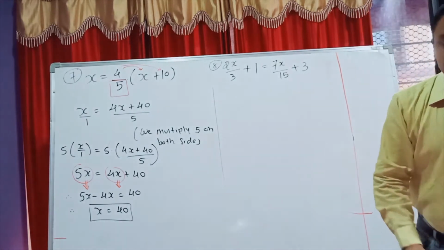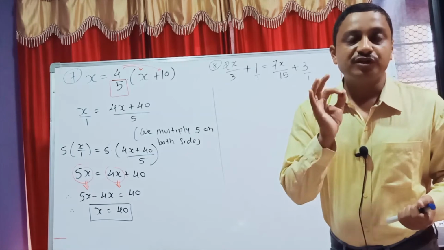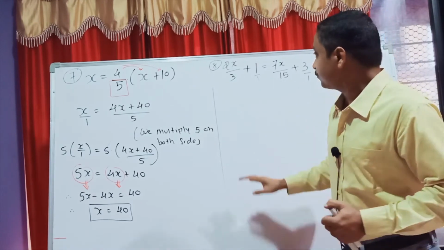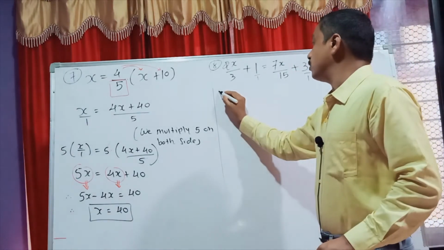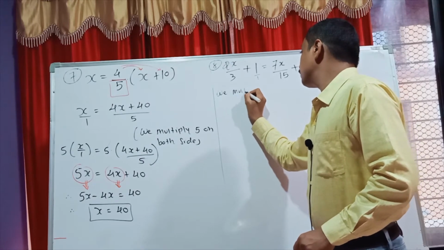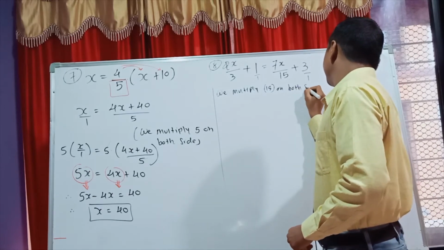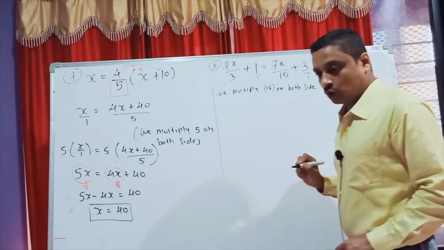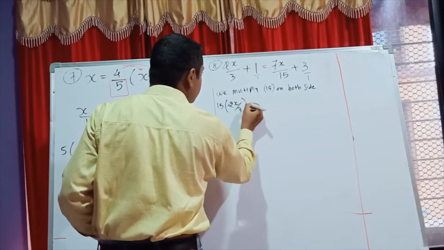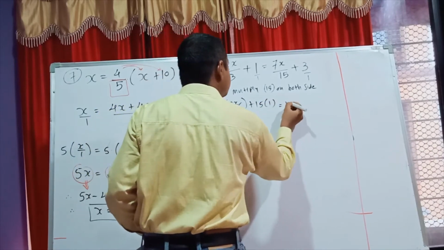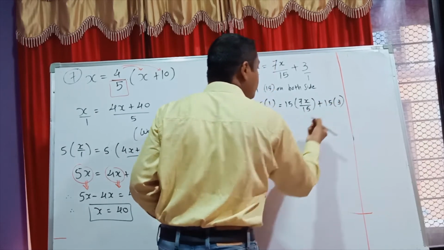Now students, check here how many LCM first. After that you separate our variables. But first of all, you take our LCM: 3, 1, 15, 1. Yes, LCM is 15. So we multiply 15 on both sides, their LCM. So I'm getting here 15 on the first term, 15 on the second term. Similarly, here also 15 and here also 15.